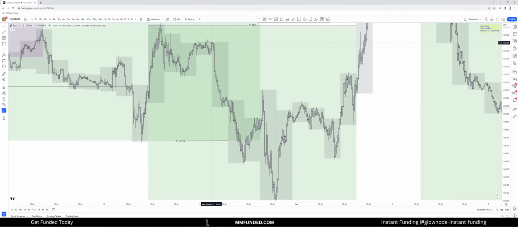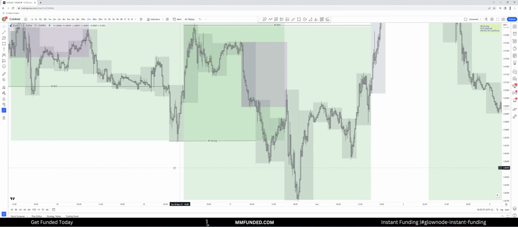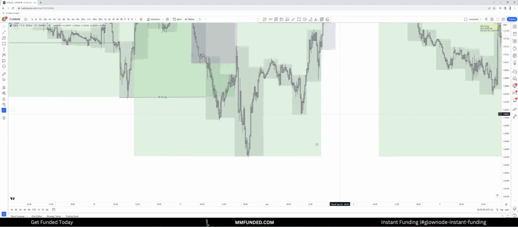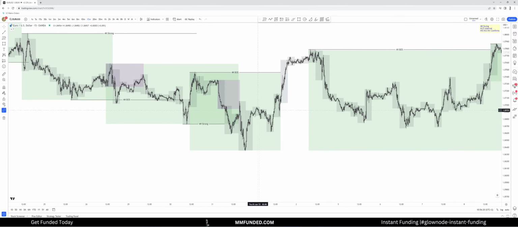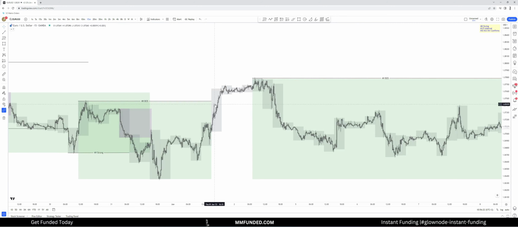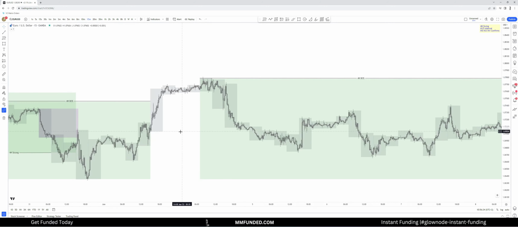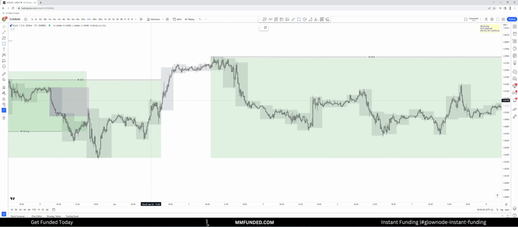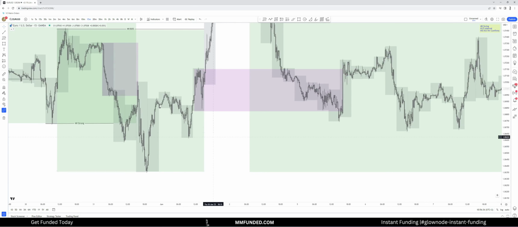All right, so price then had that new box formed, breaker structure to the downside over here, which was caused by the most recent box, which price had that pullback mitigation into this box to continue targeting the weak lows, which then formed our higher time frame box. Price then had that breaker structure to the upside. The most recent box that caused that breaker structure to the upside was this most recent box over here and